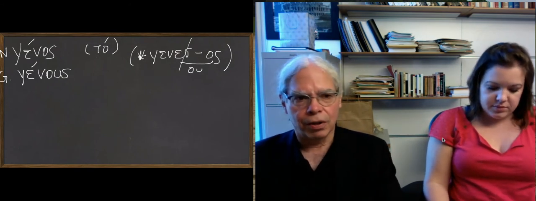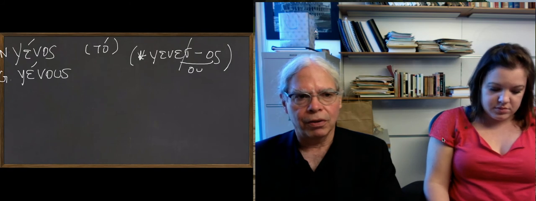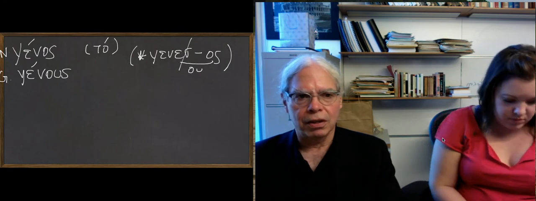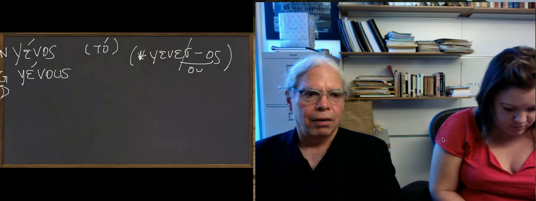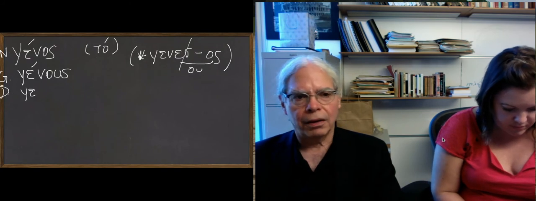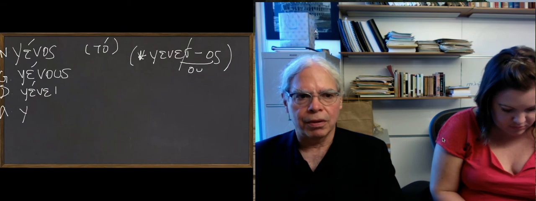The dative form in the singular is genei, G-E-N-E-I. And the accusative, of course, since it's neuter, is the same as the nominative, genos. When we look at the plural,